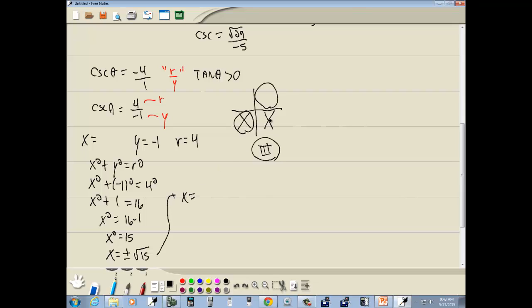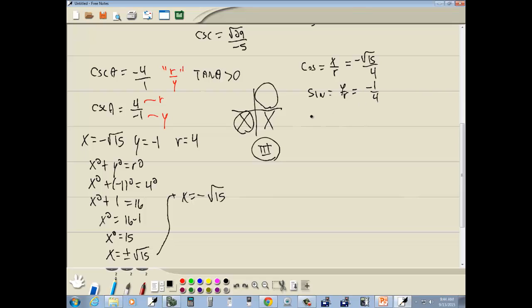But in quadrant 3, x is negative, so we're going to keep the negative. So x is going to equal negative square root of 15. Let me come up here and do it. Cosine is x over r. X is negative square root of 15 over r, which is 4. That worked out nice. Sine is y over r, which would be negative